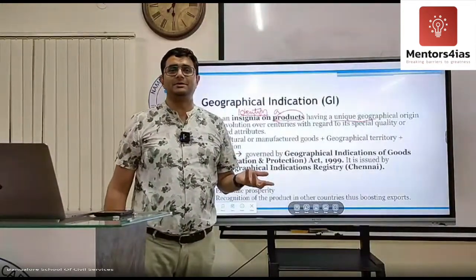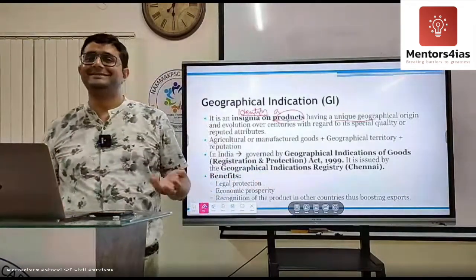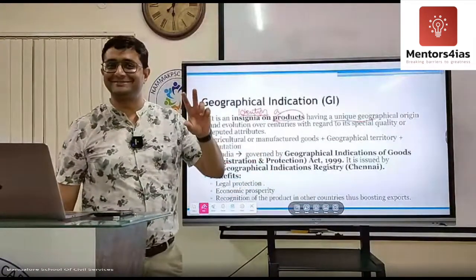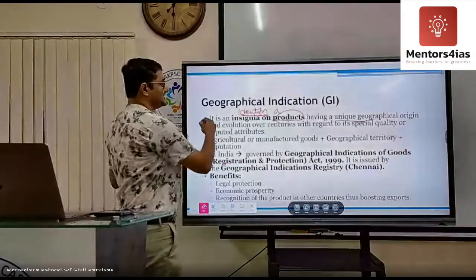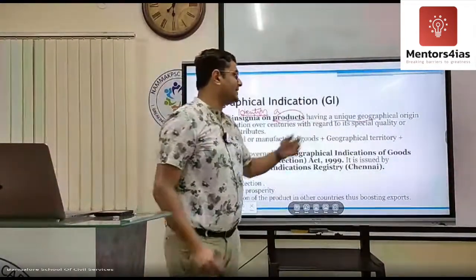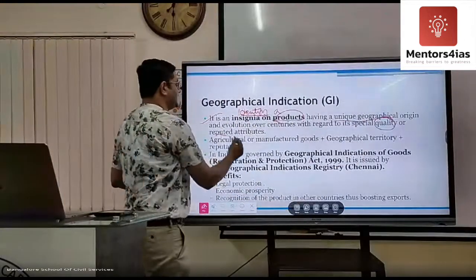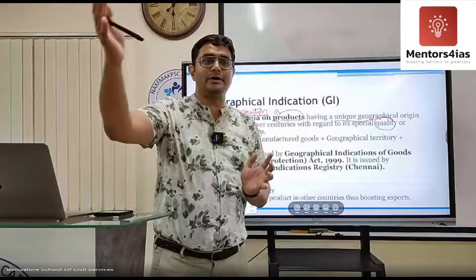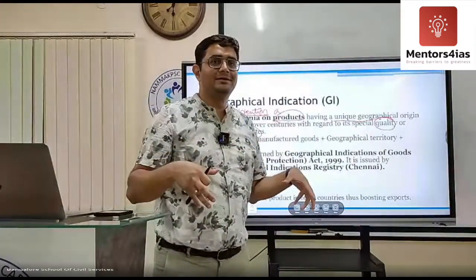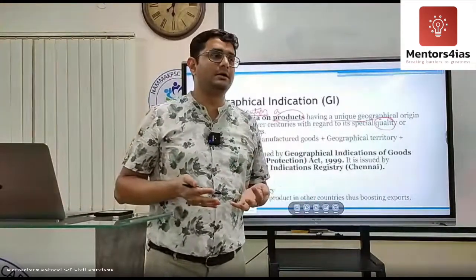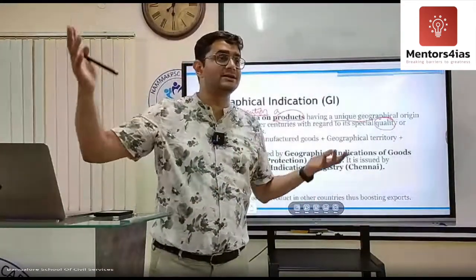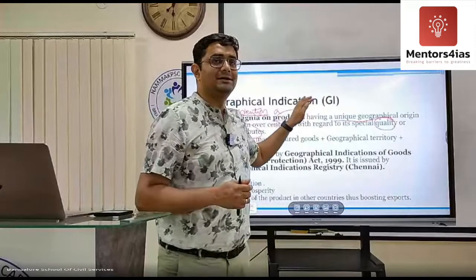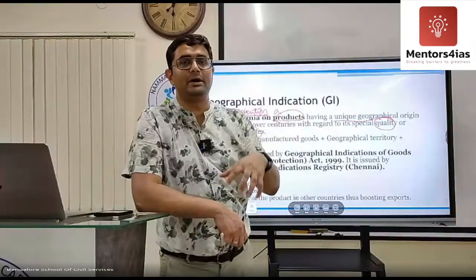As an example, right? So many things: Bangalore grapes, Rasbade, Coorg orange. All these things have evolved over centuries and have special quality and reputation. So basically the idea is to promote that product, and that product's sale should benefit that community. It will help the community develop. So it has international recognition. It has got a history of its own and nobody can sell it other than the members belonging to that